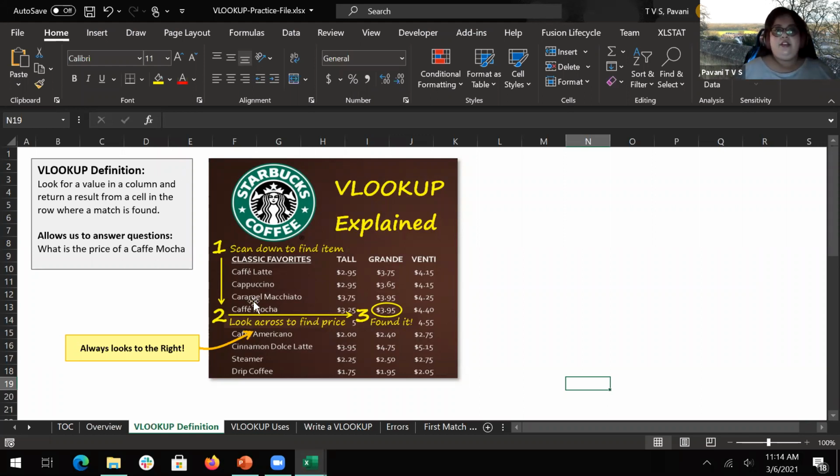So for example, if I want a cafe mocha here, it will first search for that value in this column, go to that particular row, move forward, and give me this. I want it for grande, so it will give me this value. It is a very useful function and is used in multiple ways for different things in corporate use.